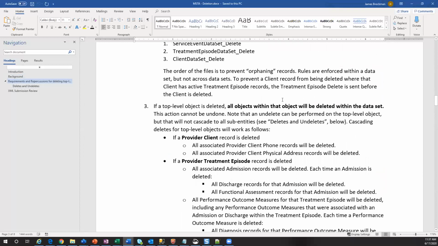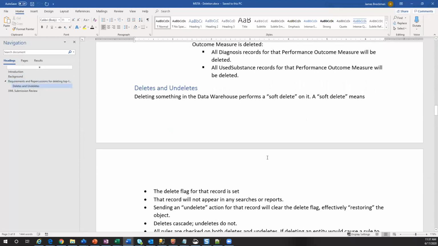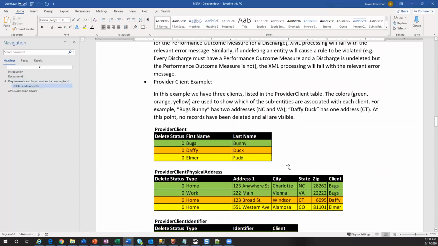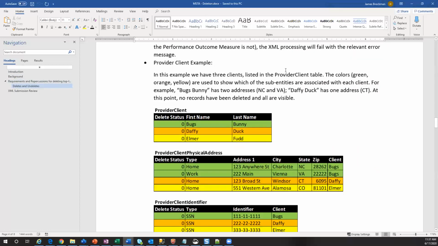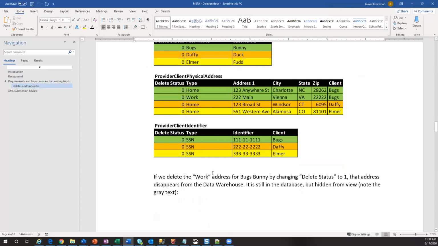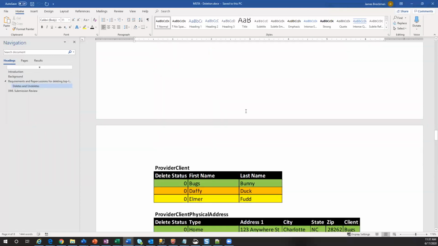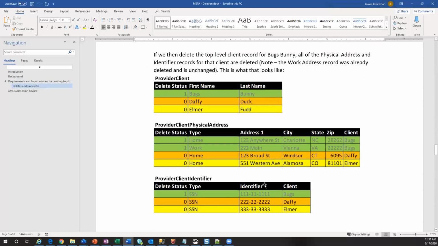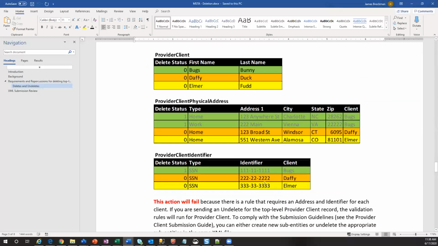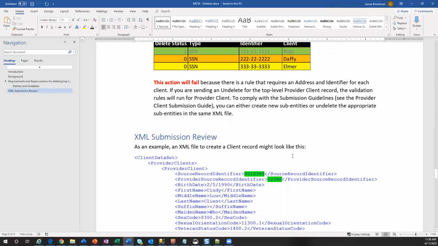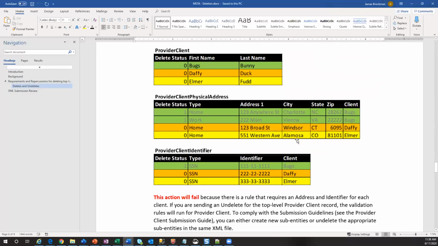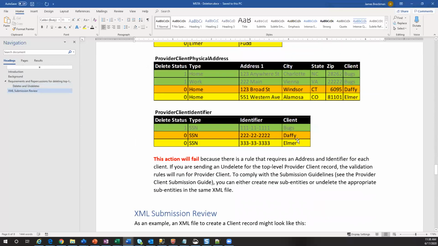You need to send a separate file. This is a note saying everything under that will be deleted. This is talking about the soft delete and how soft deletes cascade down, and this kind of goes through exactly what I was talking about. And we undeleted. This is talking about